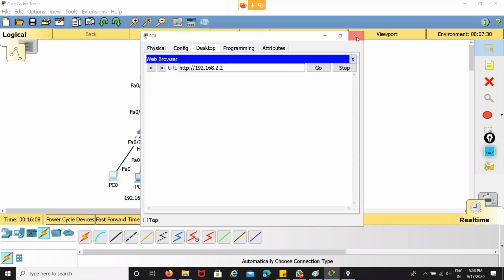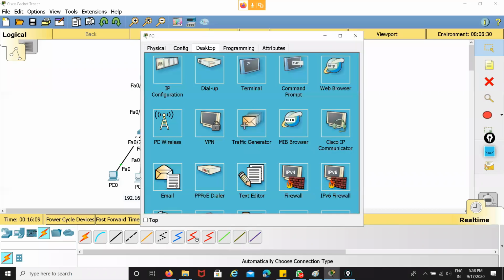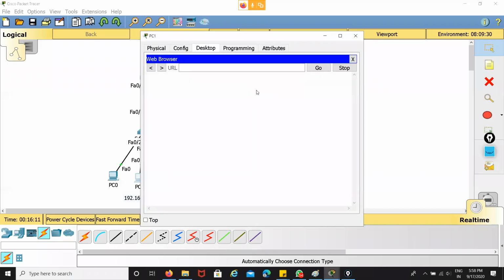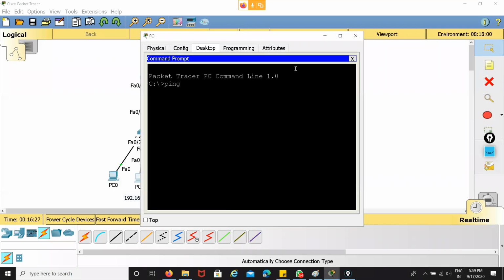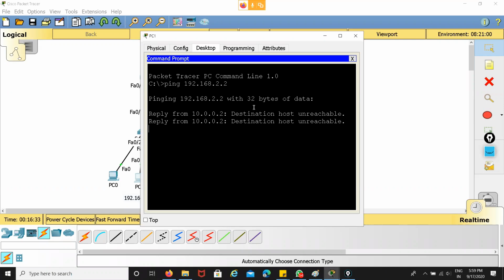If they're trying to get access, they don't have the permission to make any direct queries to the server. So in that scenario, if you try to ping the server, you get a message like destination host unreachable.